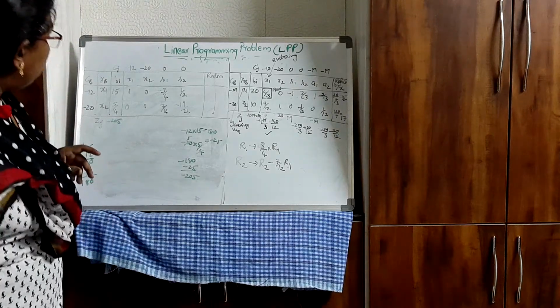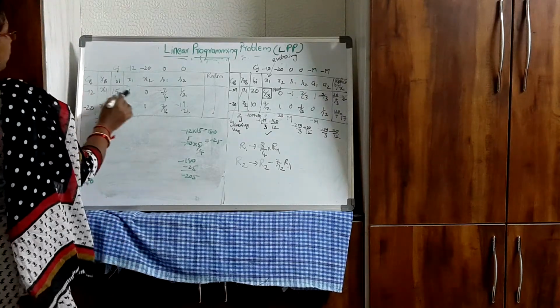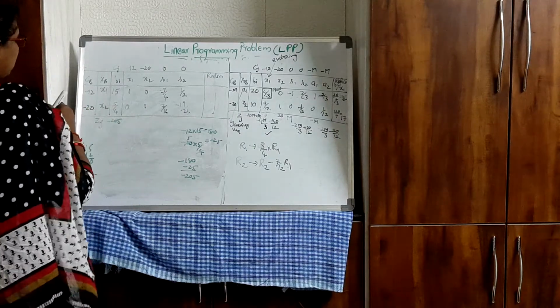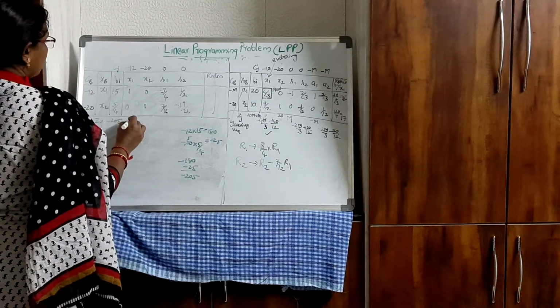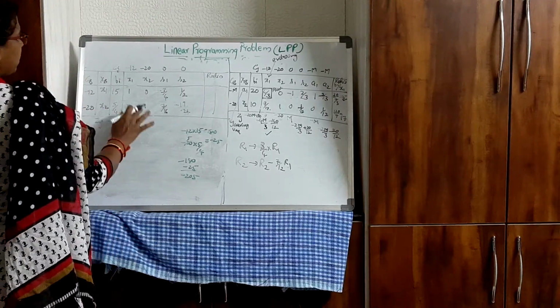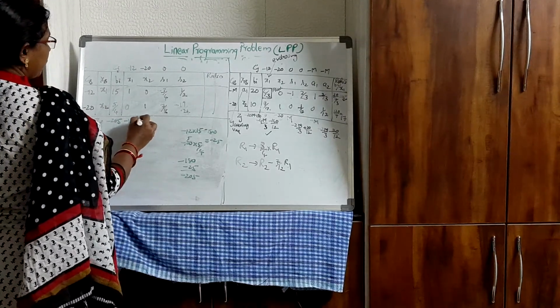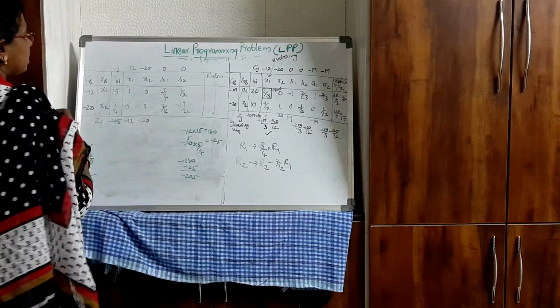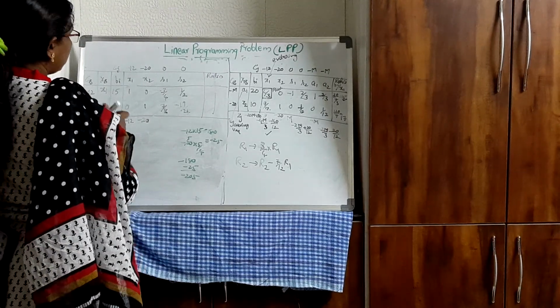Okay, then again minus 12 into 1 plus minus 20 into 0. So this will be minus 12. Then minus 12 into 0 plus minus 20 into 1. So minus 20. Similarly minus 12 into 3 by 4